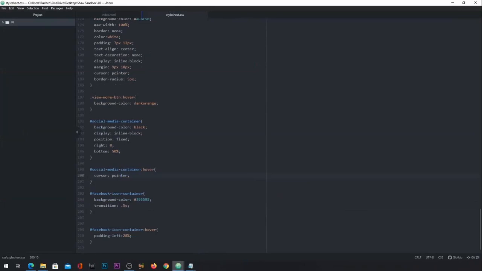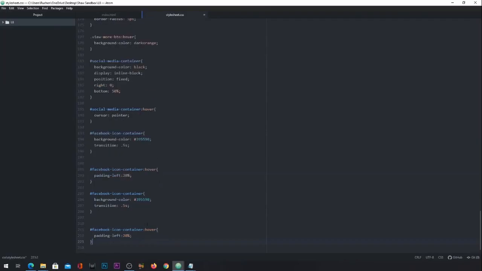We've done our Facebook container. We now essentially just need to do our Twitter container as well as our Instagram container. To do that, I can literally just go and copy and paste this. So I'll copy the Facebook one, I'll paste it over here, and then for the two that I just copied, I'll say Twitter container. I'm going to have a different color here though. So the color here is going to be